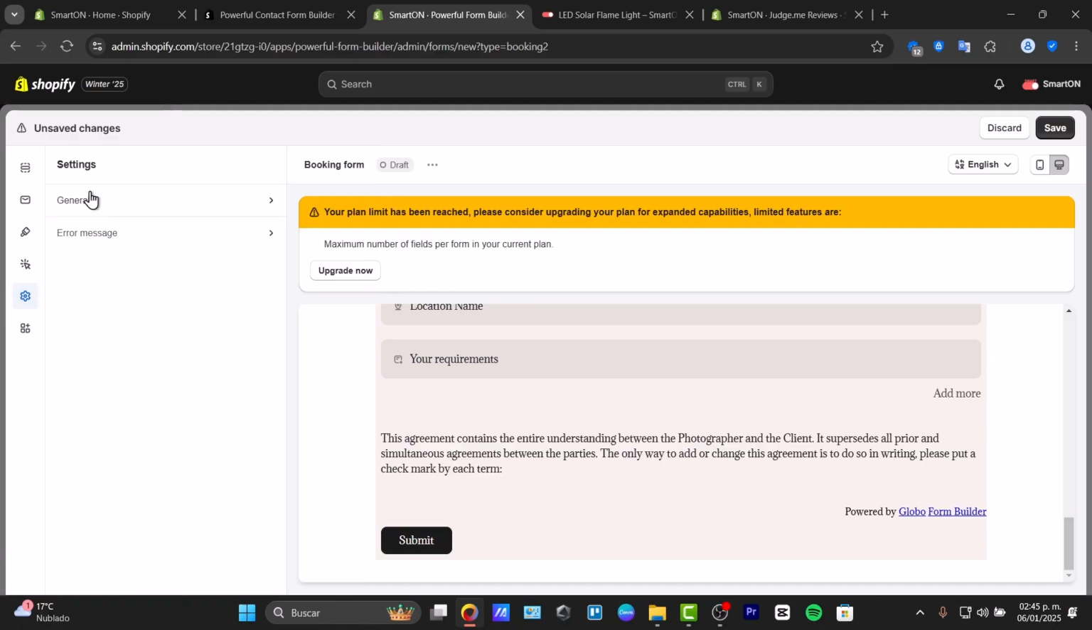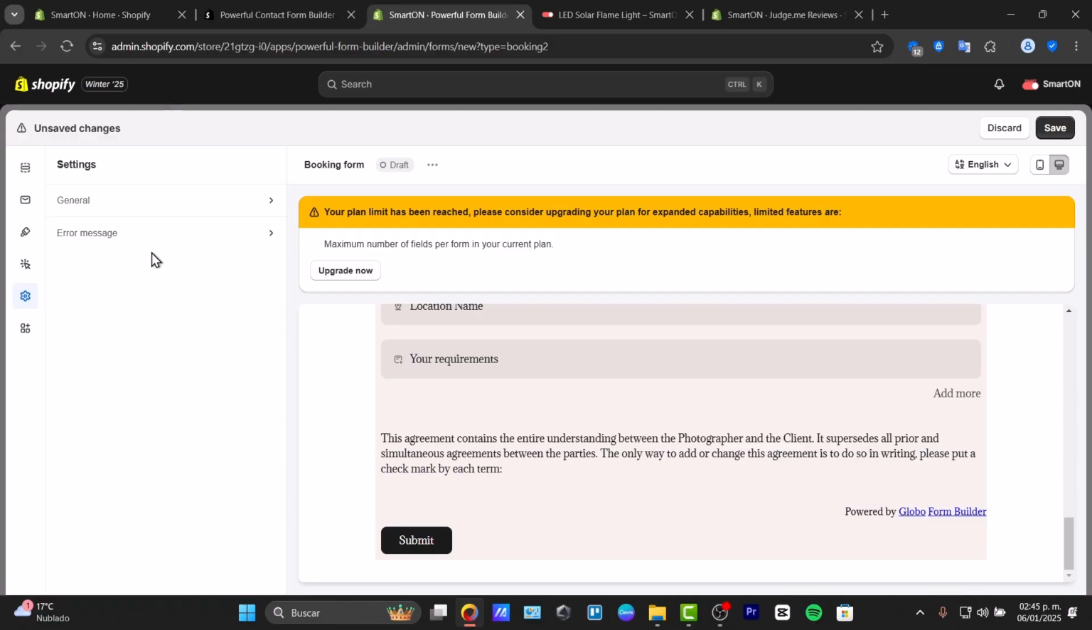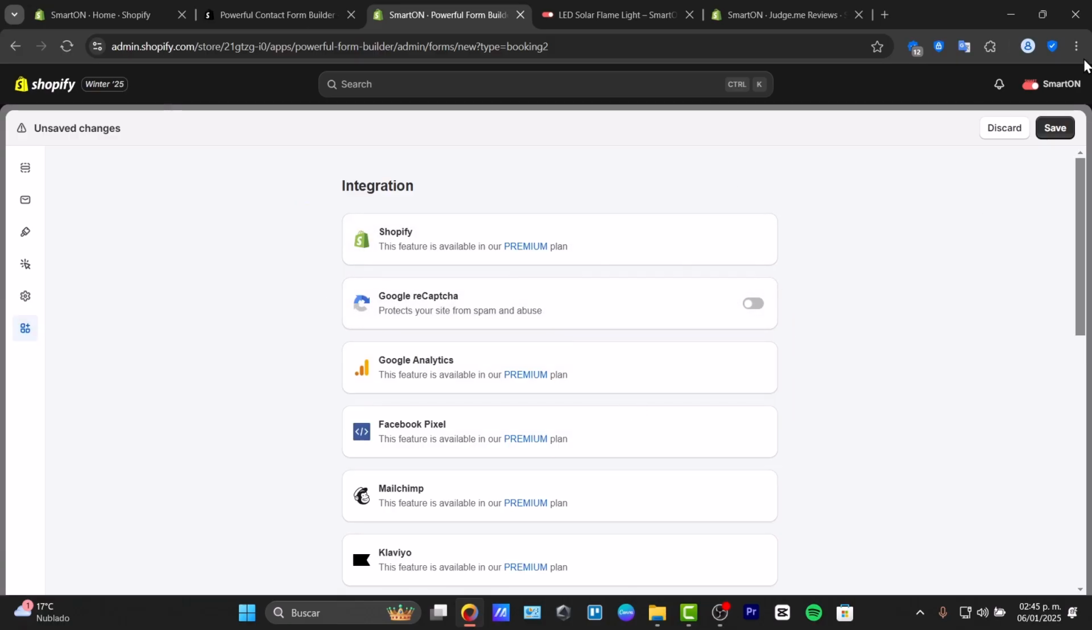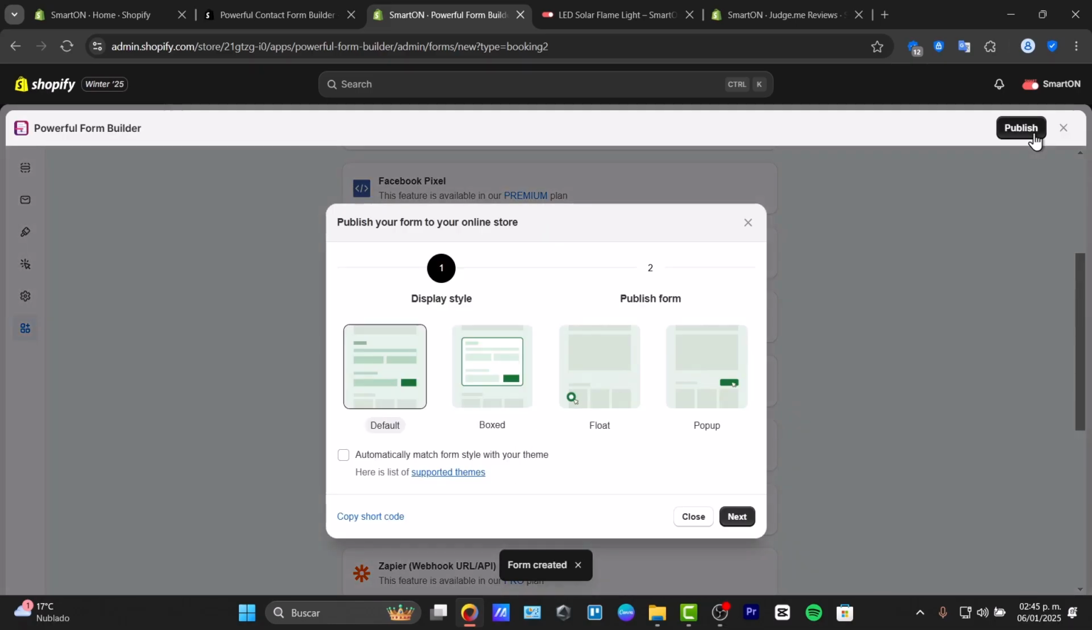Now, lastly, we have the settings where we can check out the general. We can require login if you want to. We have the error messages. And lastly, the integration. In this case, if you wanted to add Google reCAPTCHA, that's totally optional. I'm going to hit save the form and make sure that we have now published the form into my